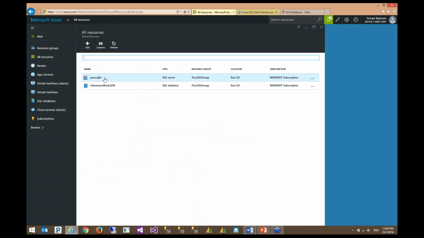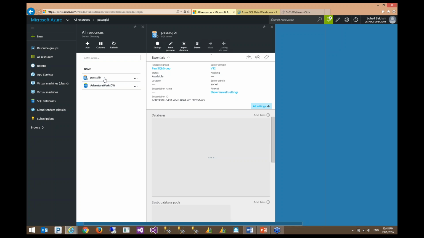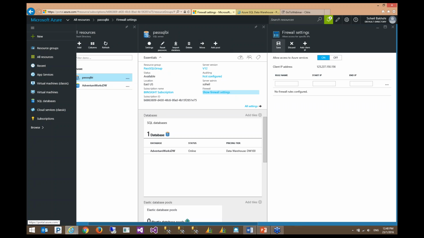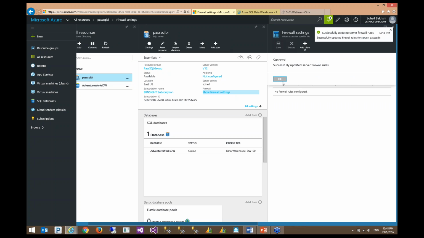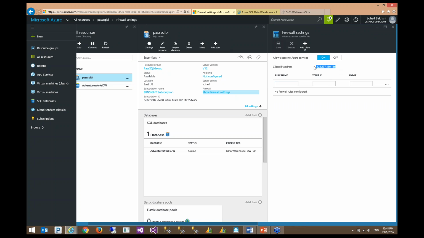I'm clicking on Show Firewall Settings. As you can see, my current IP address is already added. I'm going to remove it. This is my IP address.